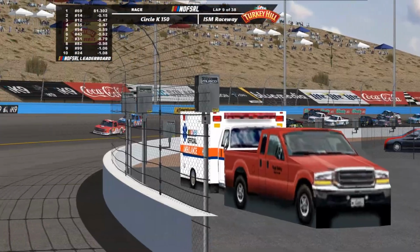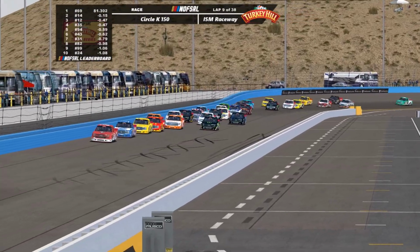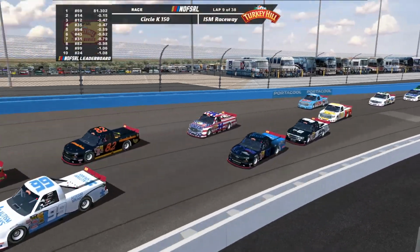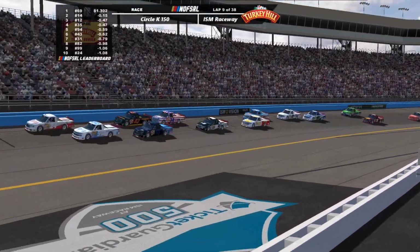There's the number 12 of Chris Skinlar, rebounding a little bit there, got around Fisher G. How about Dale Lightning? Great move there on the inside lane. Matthew Brown back in here, John Andrews' team. You got Zachary Fitzwater there for Marty's team. They're trying to work that inside lane, and it seems like the inside lane is working their way through the